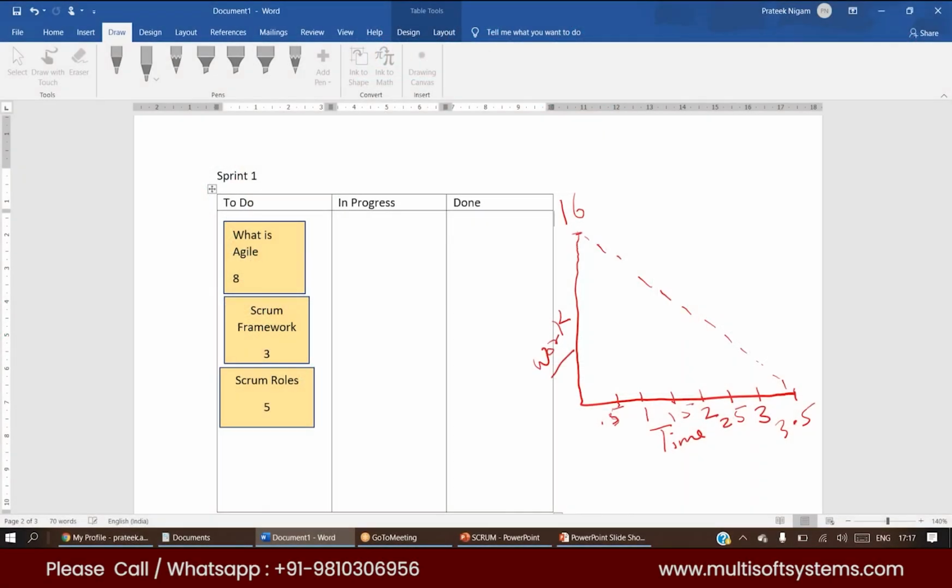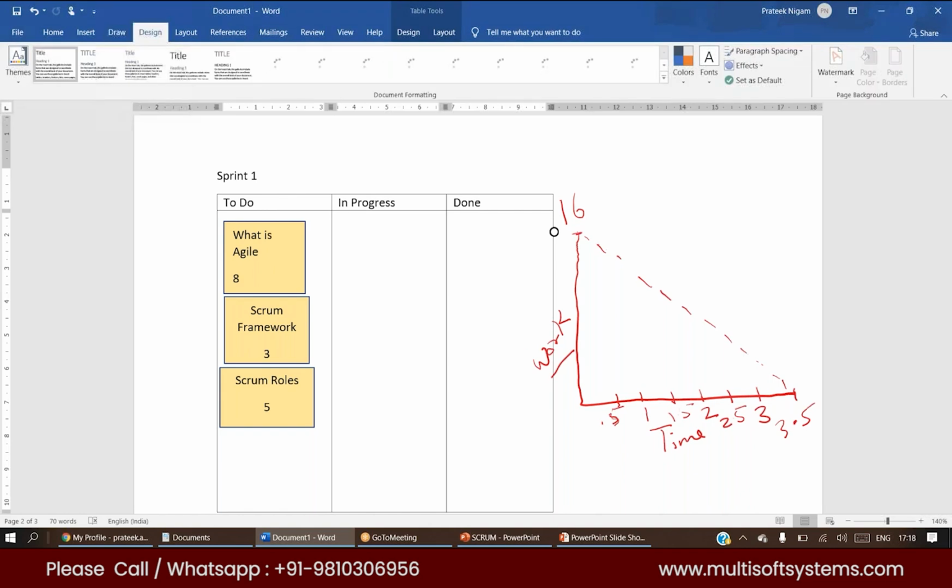Now during the sprint, we will keep measuring how much work is remaining and how much time is remaining. The burn down chart never tells you how much work is done, and if you want to measure how much work is done, it won't be that useful for us either,